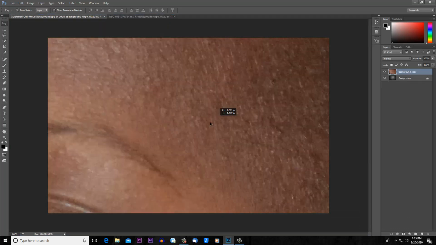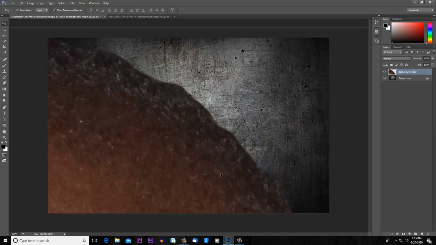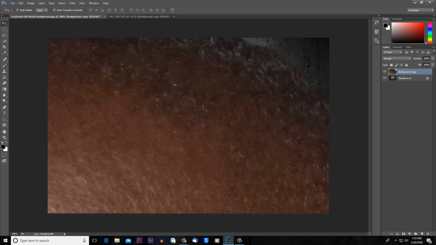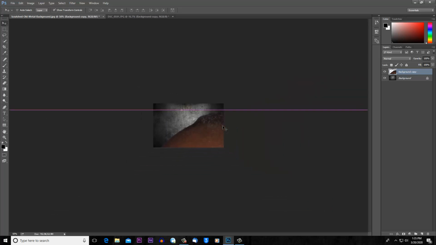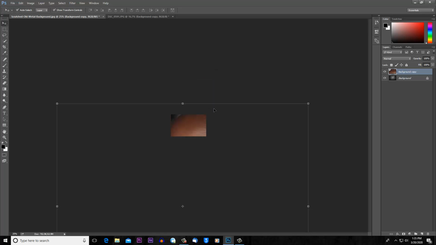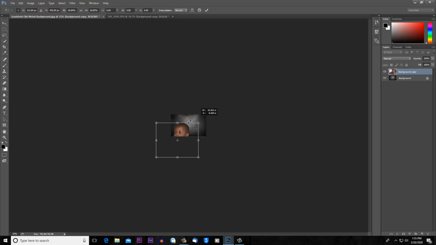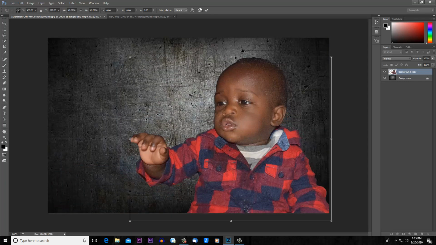So when you do that, basically in most cases, because the image quality is higher than the background image, that's why it becomes very big. But what you can do is you can just do something like this, or you can press Control minus to zoom out. As you can see, the picture of the child is on a higher resolution than the background. That's why it's so big, but you can still work it like this and make sure that it's smaller. So you can click and drag to make it smaller by just zooming out. So now you can zoom in. Now, that's how it's done, and then you can commit it.